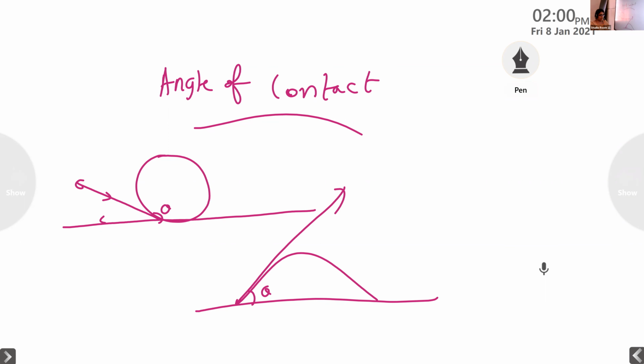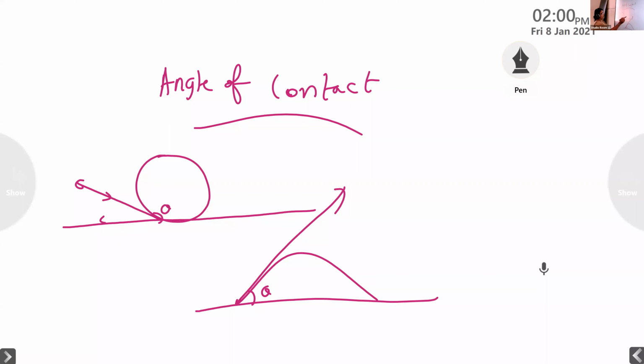And this is different for different surfaces where they contact. A metallic surface may be different, a wooden surface may be different, tiles may be different. On polished surfaces, water will spread much faster, but on a rough surface, it may not spread as fast. So it is fully dependent upon the contact between the surface and the droplets. That is known as the angle of contact. So write down.